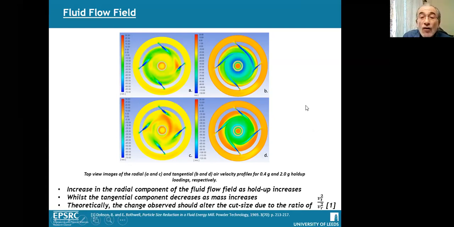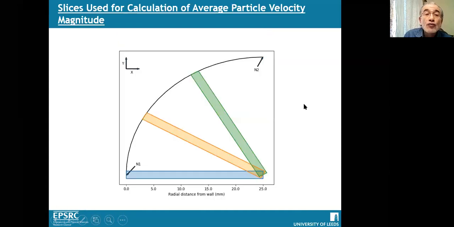Now we move on to particles and particle flow patterns. Now particles basically move more over the walls. So I need to tell you how we calculate the particle flow pattern. So that's basically what you see here is the wall of the mill, and N1 is nozzle 1, N2 is the nozzle which is vertical there,